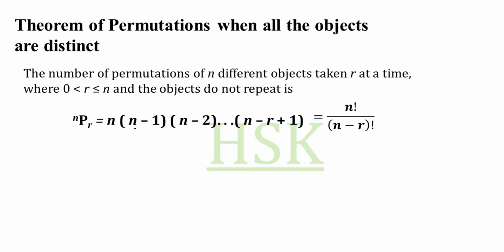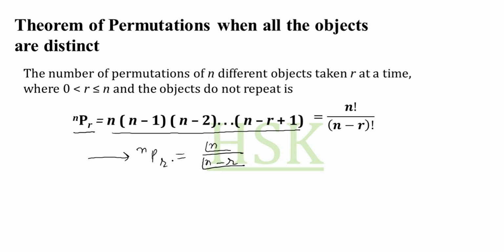NPR, which is equal to this whole term, can also be written as n factorial upon n minus r factorial. So actually, the more compact or more useful formula for the permutations is given by n factorial upon n minus r factorial. So if we have to find the permutation of number of arrangement of